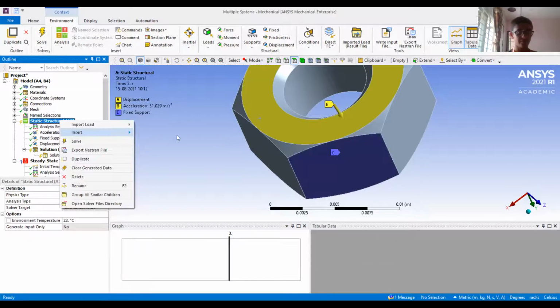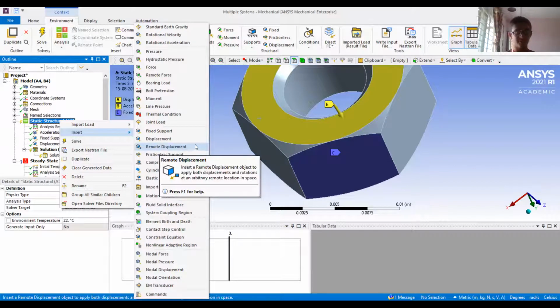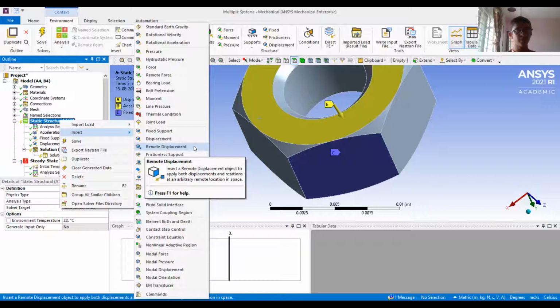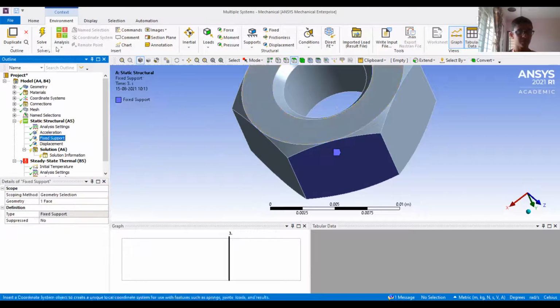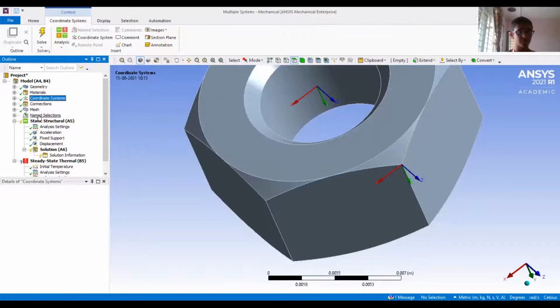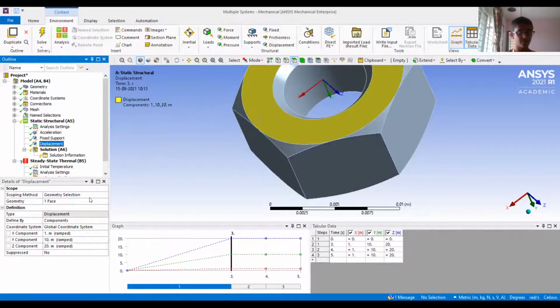And then you can play around with different supports such as remote displacement. The meaning of remote displacement is you first need to make a remote point, and then after making a remote point, you can apply a remote displacement. So a remote point is made after attaching some face or some geometrical part to a remote point. So how can you make a remote point is over here. You can make the remote point from the geometry. It's not available to us right now. It has been frozen, but you can also use a remote point to define your displacement.